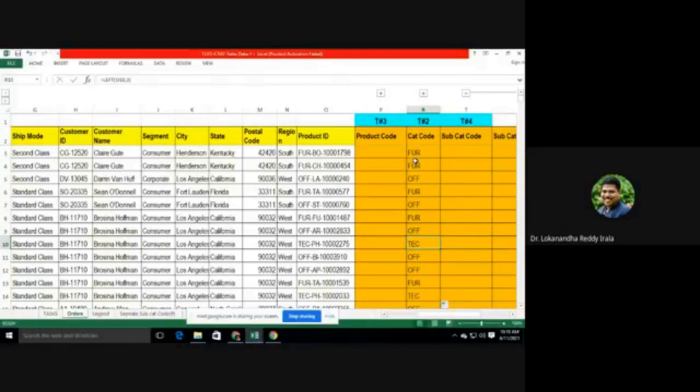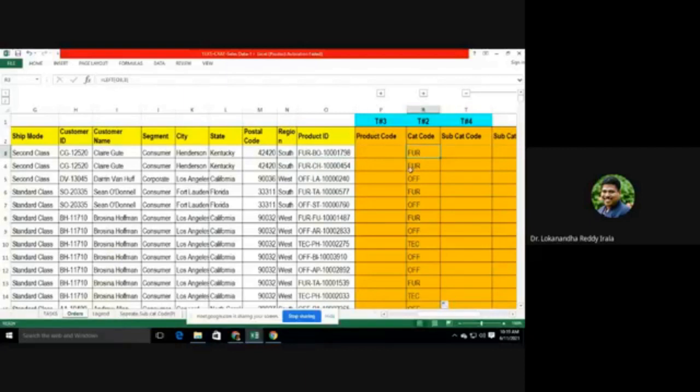This is very simple. But now look at the product code. See, from the product ID, you have the numericals representing the product code. It is a very uniform product code, as you understand. First is the category code, followed by subcategory code, followed by the product code actually, separated by hyphens.